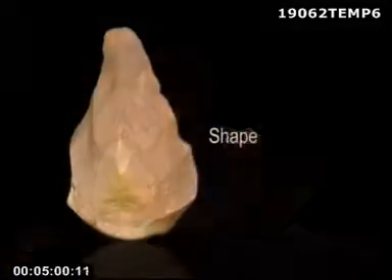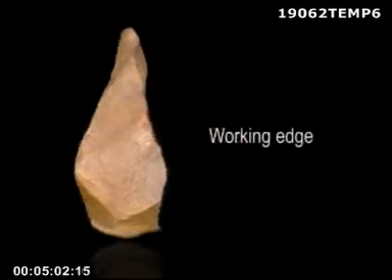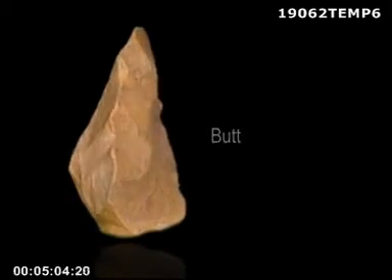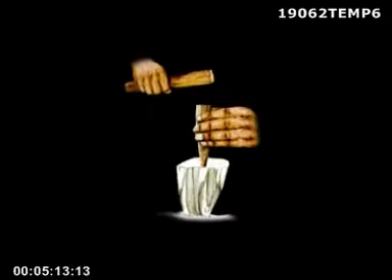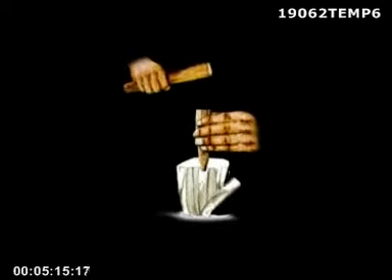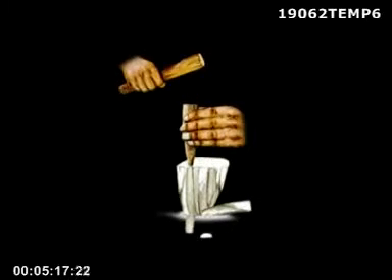Man first conceptualizes the would-be shape, size, working edge and butt of the tool beforehand, and accordingly he selects the suitable raw material, then shows the flake technique to make it. Therefore, man-made tools have generally a regular pattern. Regularly patterned tools are therefore considered as the signs of culture.